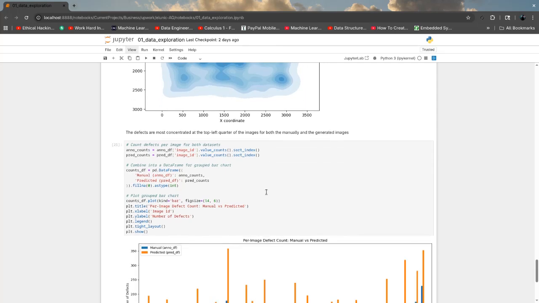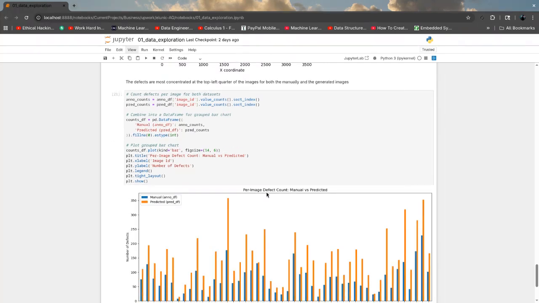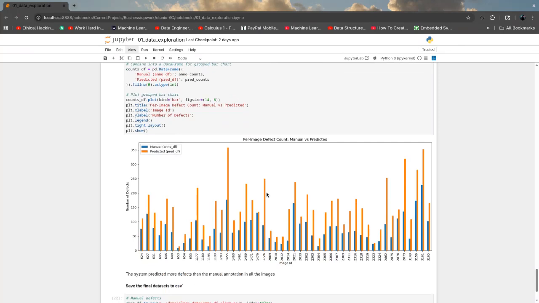Now I need to find out where the defects were annotated manually. People found fewer defects per image compared to what the system found. The system found more defects than the manual. Okay, cleaning the